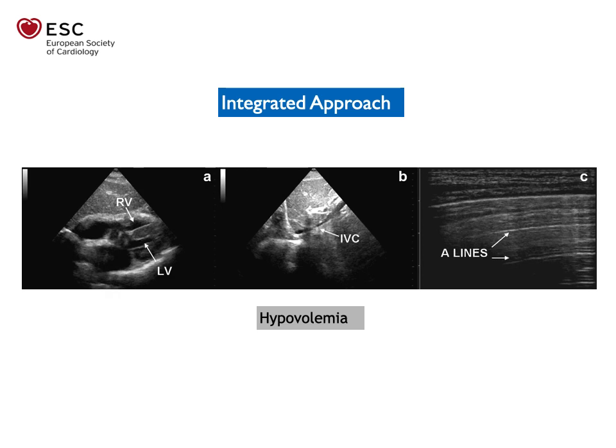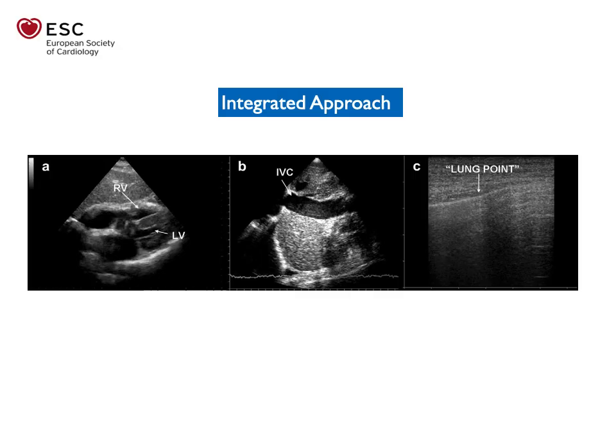And these are different examples of integrated approach. You have patients with hyperdynamic LV, flat IVC, and A lines. This patient is having hypovolemia. Another patient with a preserved biventricular function, dilated IVC, and the presence of a transition zone between the area of sliding and no sliding, which is described as lung point. And this is specific for pneumothorax. This patient could be diagnosed